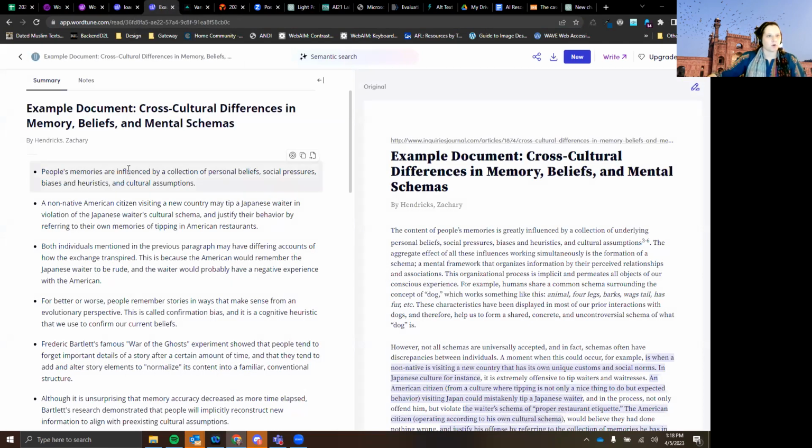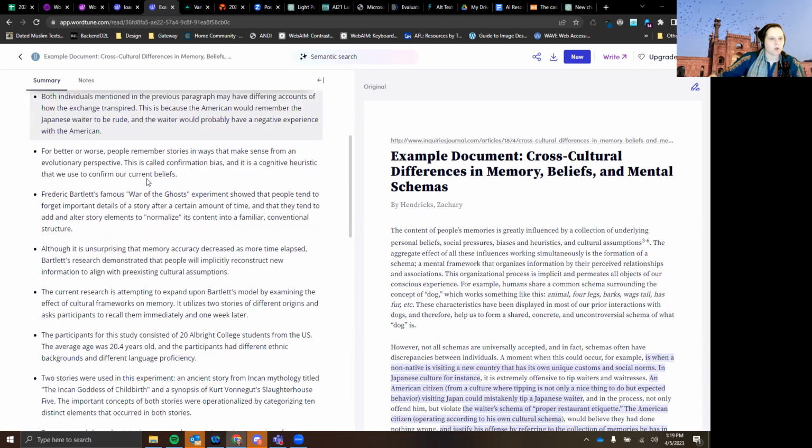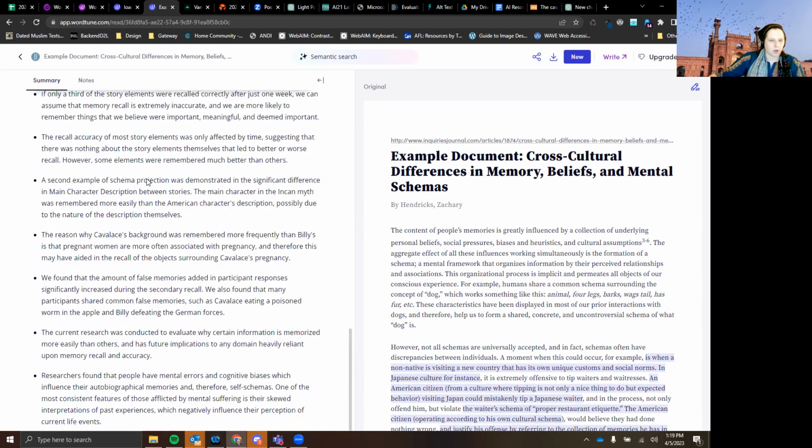Here we go. So this is the original document on the right, and this is the link, the source. The document is an example document, cross-cultural differences in memory, beliefs, and mental schemas. And then what it does on the left is it gives basically an annotation or some notes on the article itself. I am old and I can't help think of Spark Notes or